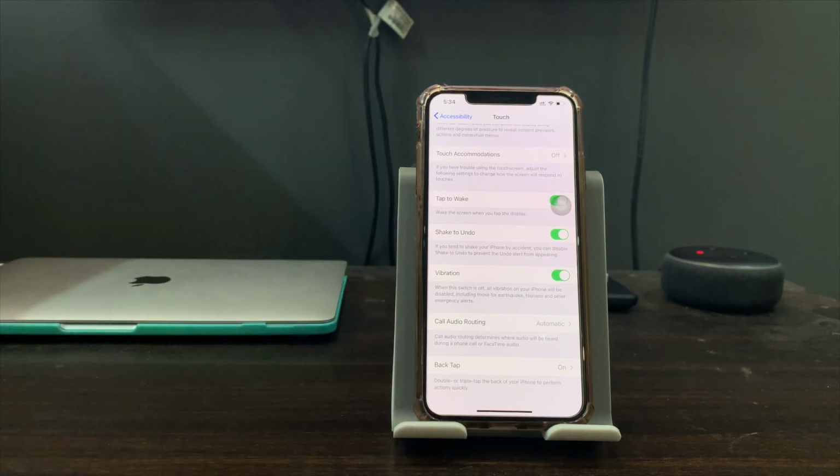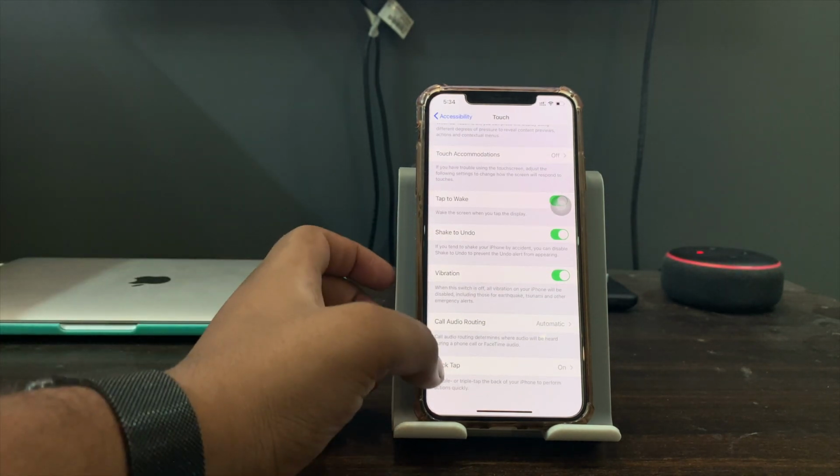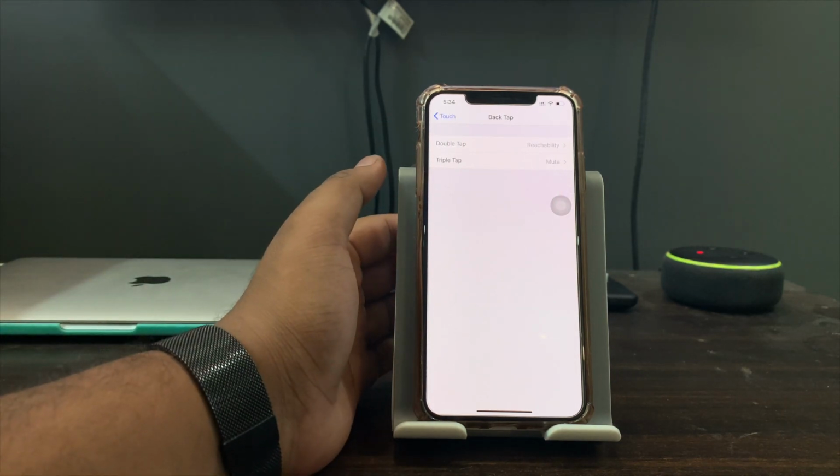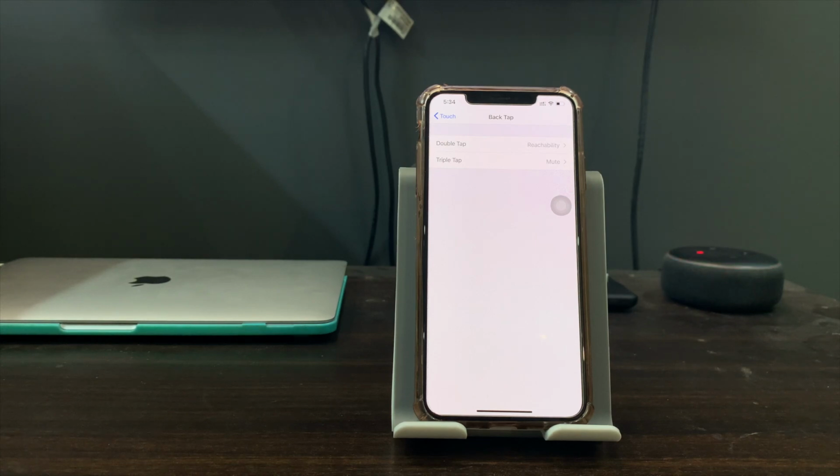So now we have back tap features. If I go to back tap, I have opted for reachability when I double tap, and I have opted for mute when I triple tap.